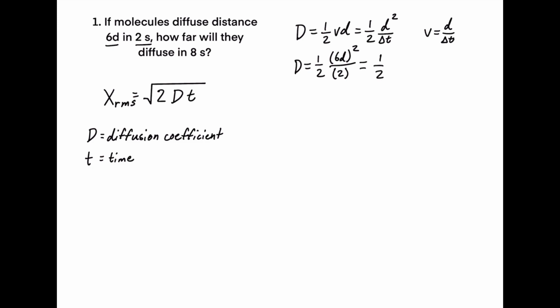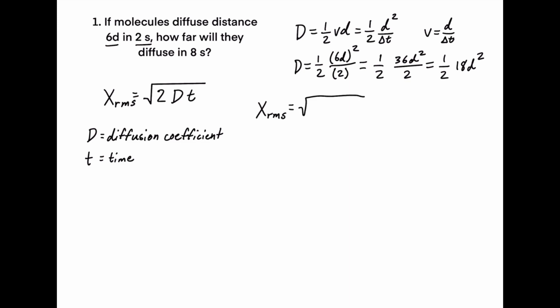1/2 36d squared over 2, which equals 1/2 18d squared. I'm going to leave this 1/2 out in front because you'll see whenever we plug it into x RMS that our 2 and our 1/2 will cancel out. So now from here we have what our diffusion coefficient is. We're going to plug that into our x RMS, and we'll get that x RMS